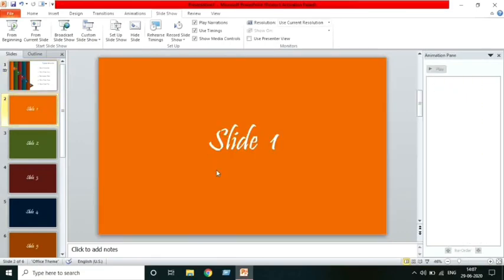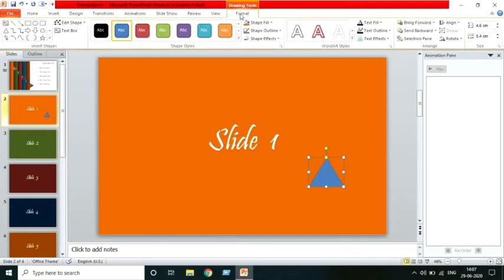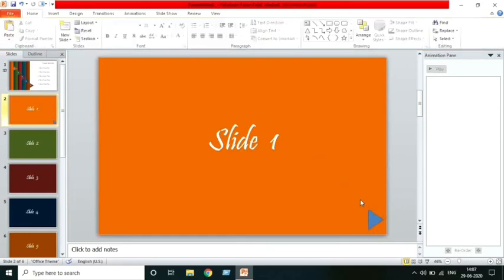This is slide 1 and you want to go back, click on the home button. Here you can see there is again a shape, triangle, we will take. We'll just plot that triangle over here. Click on format. On clicking on format, there is a rotate button, click on rotate. After clicking on rotate, rotate it 90 degrees and just keep it here. You can make it small so that it is not visible much.